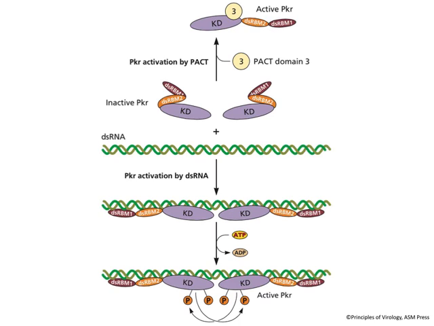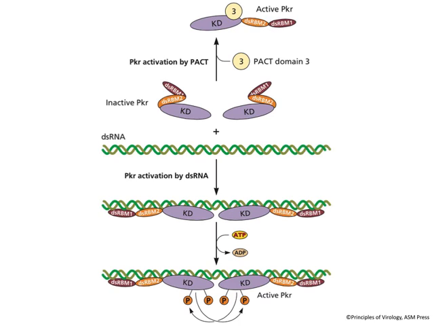So PKR, as it's produced in the cell, is not active as a kinase. As soon as it sees double-stranded RNA, it gets activated, and then it can phosphorylate eIF2. How it's activated: you start with inactive PKR. They have a catalytic domain and a double-stranded RNA binding domain. Two molecules of PKR bind a double-stranded RNA. They phosphorylate each other, and then they are active, and they can phosphorylate eIF2.